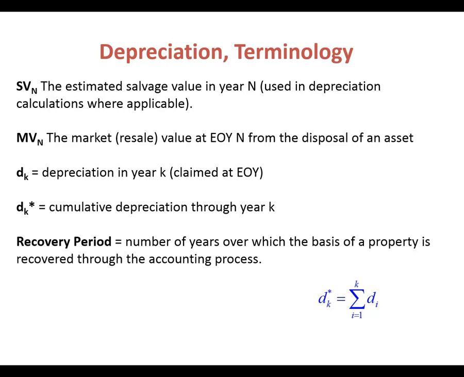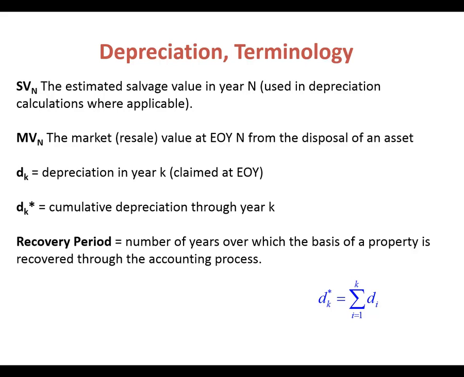There's, of course, salvage value, and the little n here means at year n when the equipment is actually going to be sold. The market value and salvage value we've sometimes used interchangeably, but the way they're distinguished here is that salvage value is if the equipment is totally going to be junked out and sold for scrap, melted down. But market value means it has a value above the salvage value at any particular time. You can calculate the market value on an item even before it's salvaged.